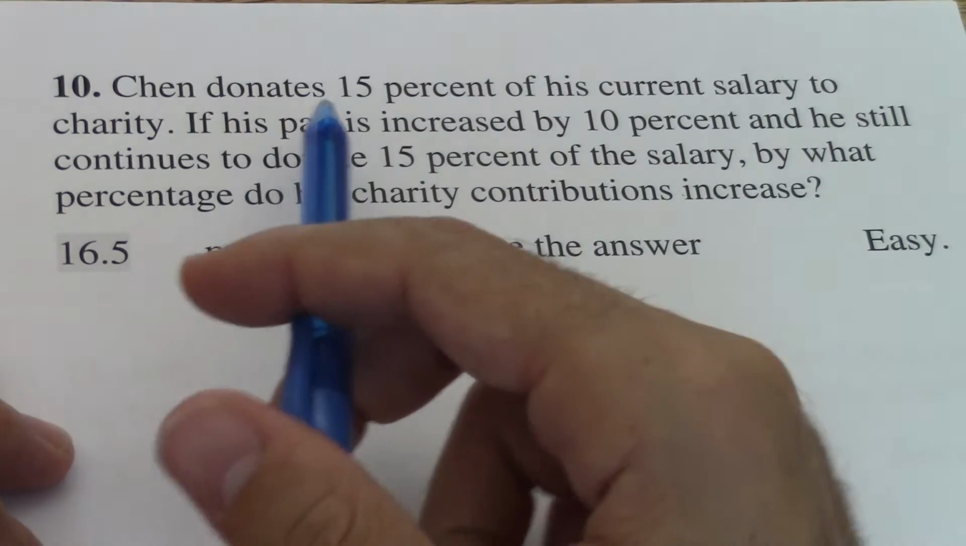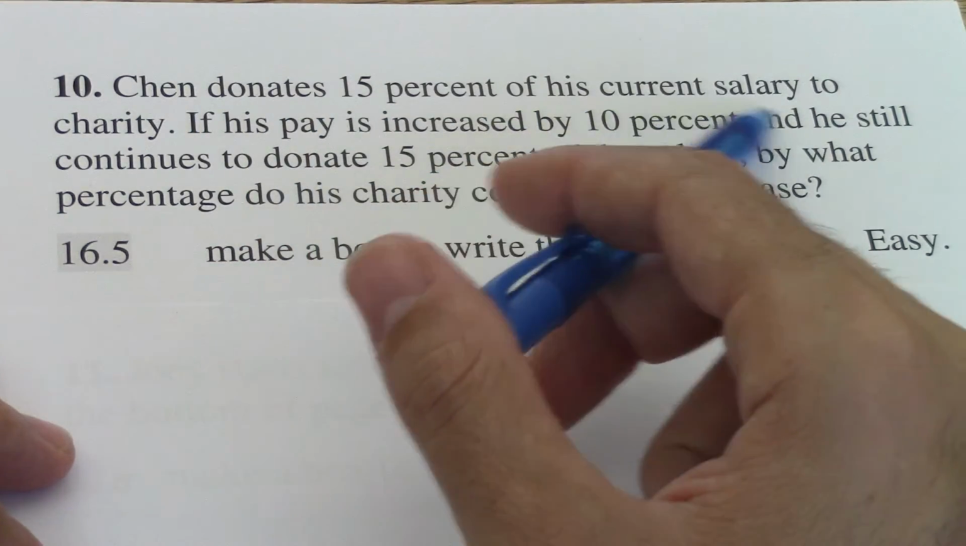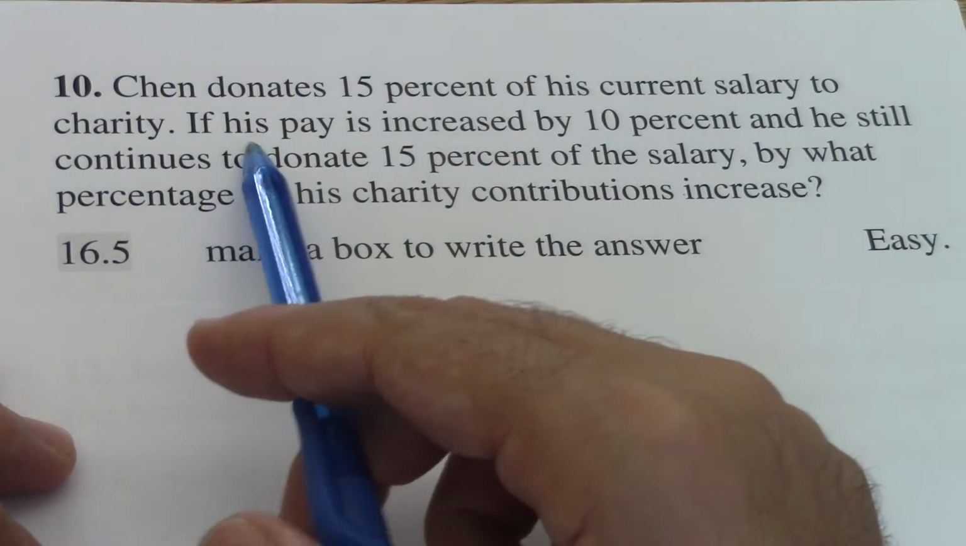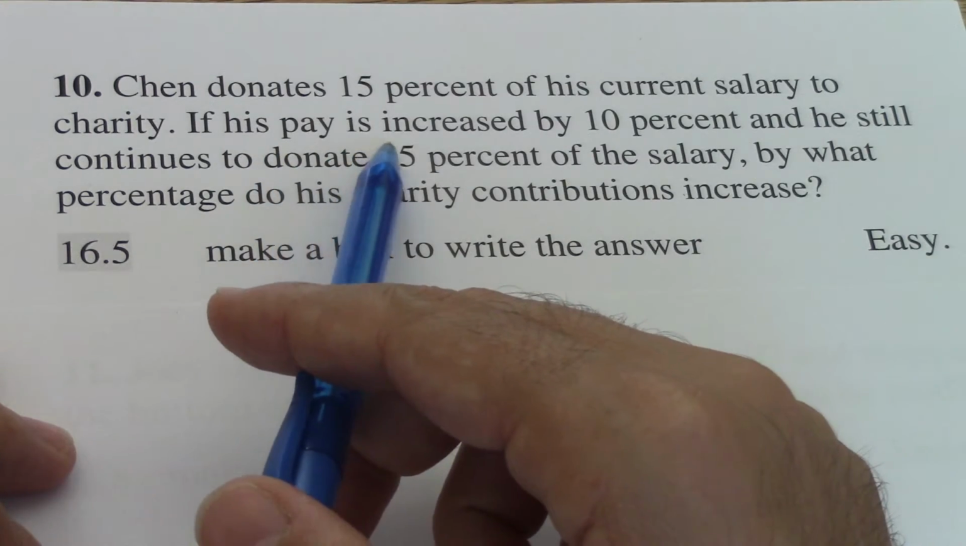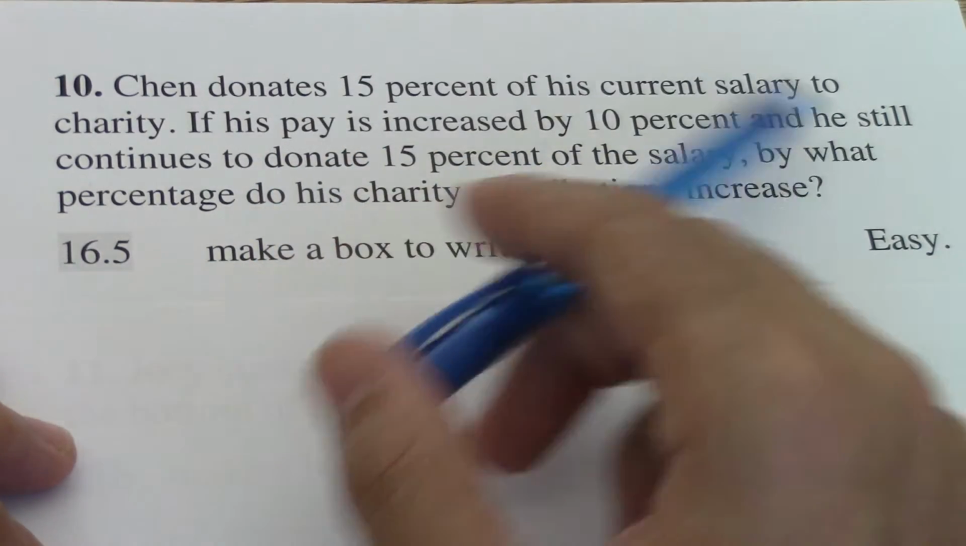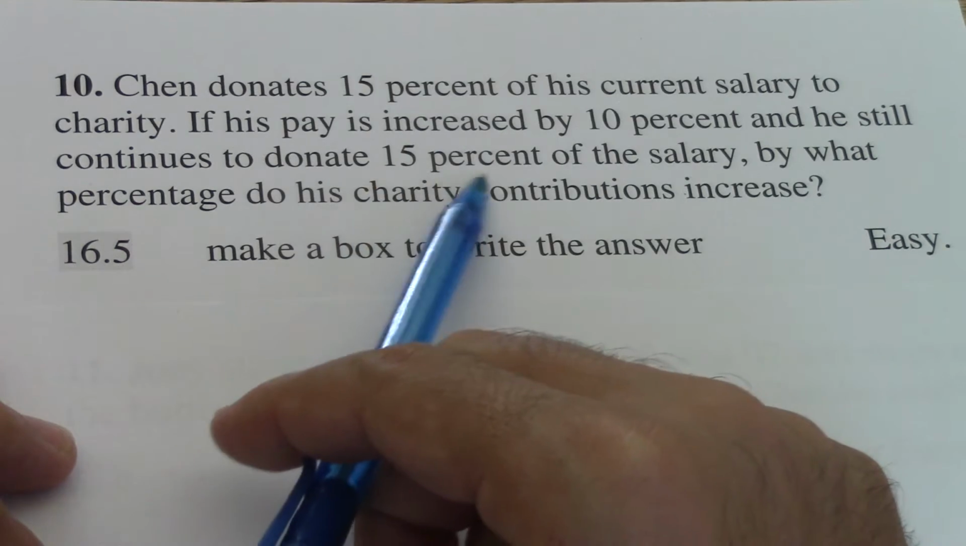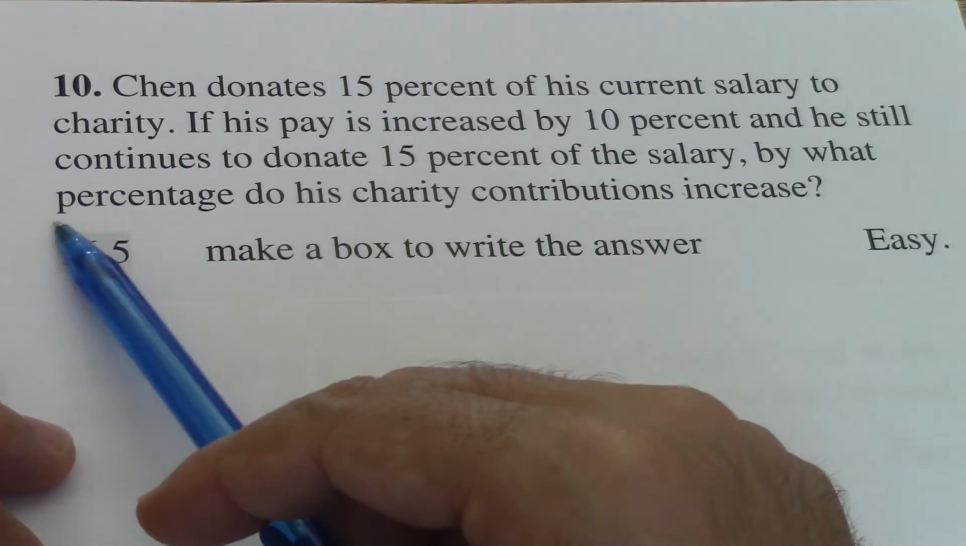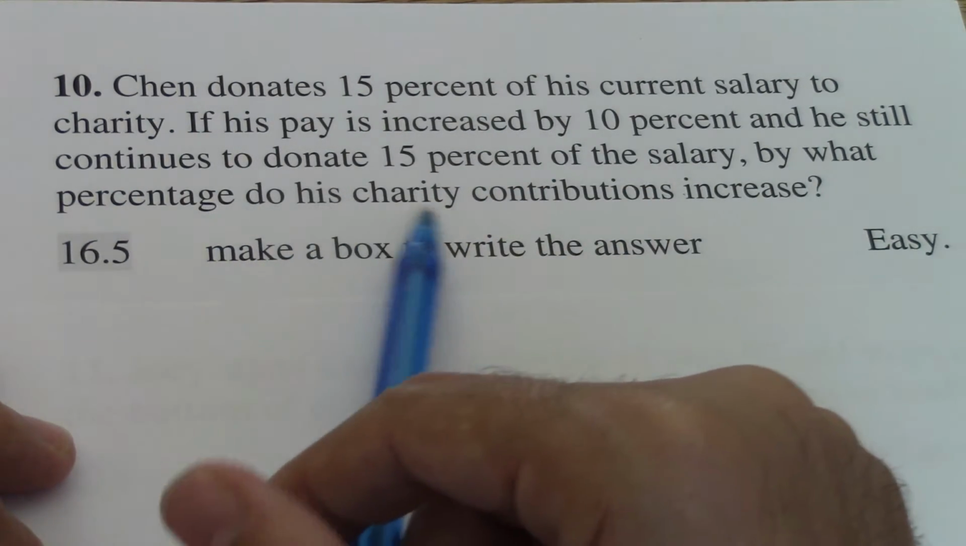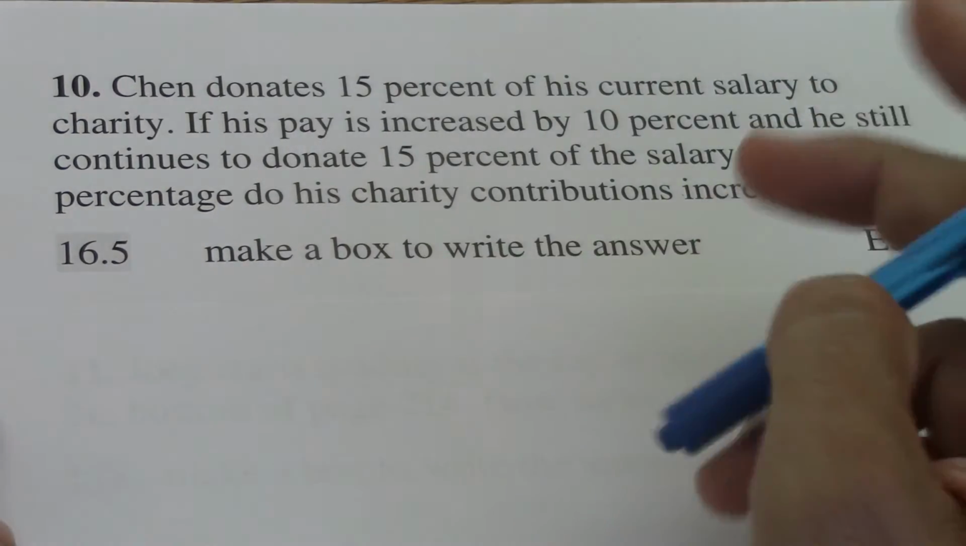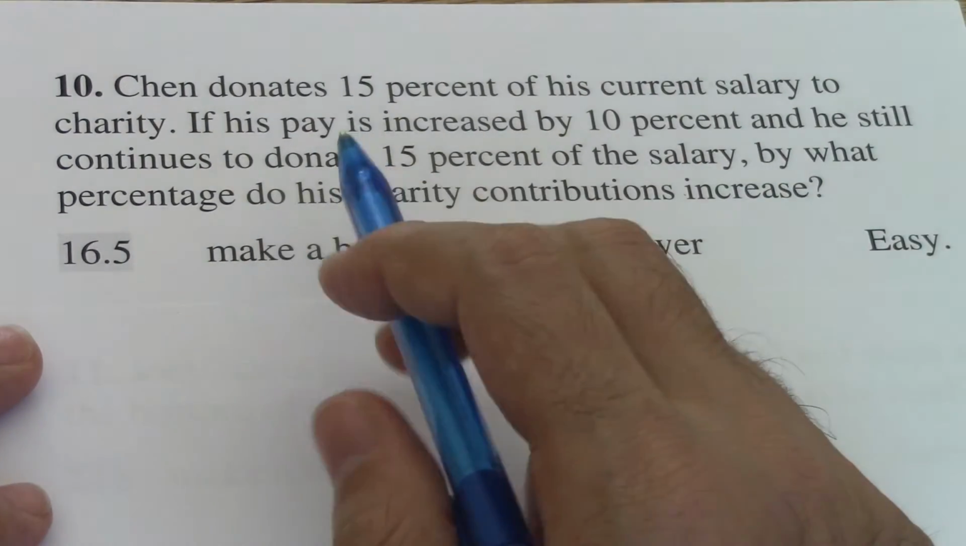So it says that Chen donates 15% of his current salary to charity. If his pay is increased by 10% and he still continues to donate 15% of the salary, by what percentage does this charity contribution increase? So basically what we do here is